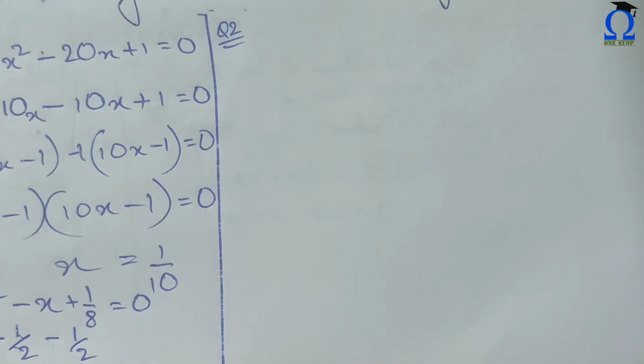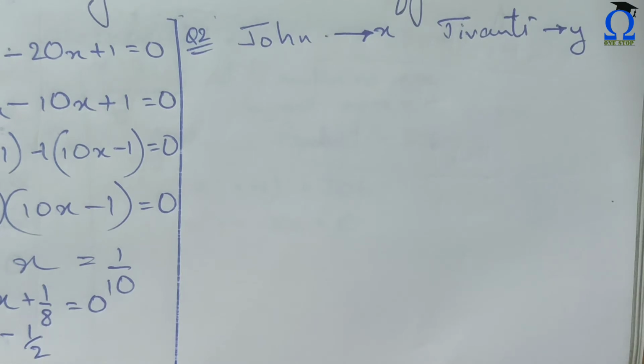Okay, so of course we can take it as a linear equation in 2 variables, or we can take it as 1 variable, and then we will get the quadratic equation. In both ways we will get the final equation as a quadratic equation only. Yes, I have taught you that part. So to make it simple, I'll be using two variables, and I have taken the number of marbles of John to be X and the number of marbles of Jivanti to be Y.